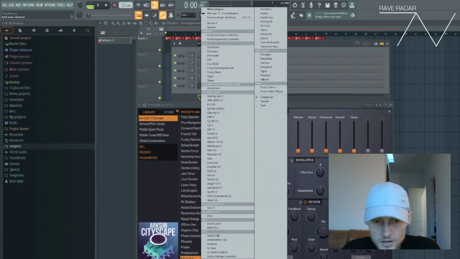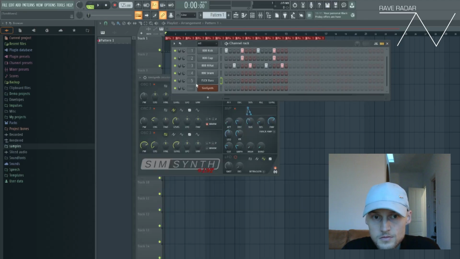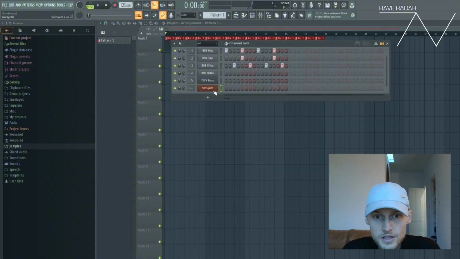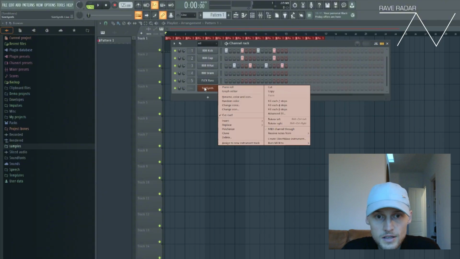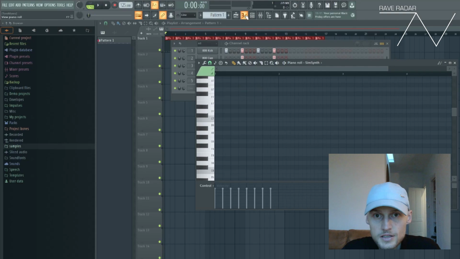I'll just take a standard synthesizer. So we don't have to look at anything on here yet. Just gonna take the standard preset, and now we can right click, choose piano roll,